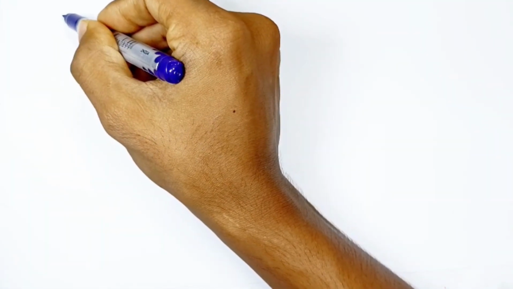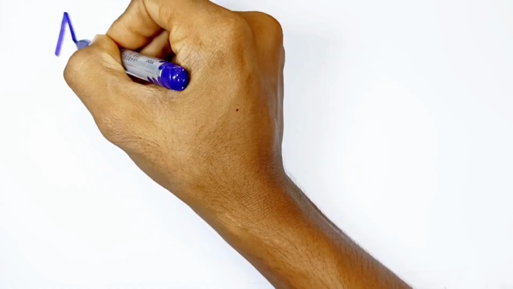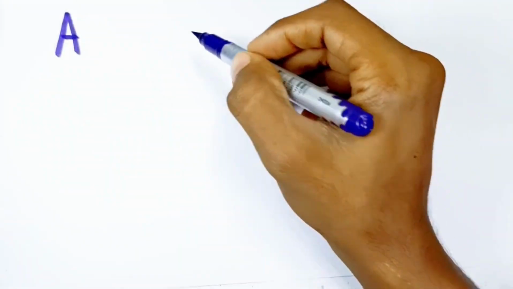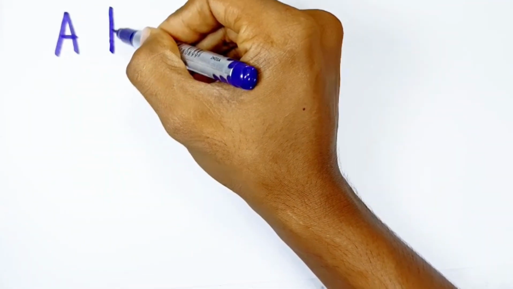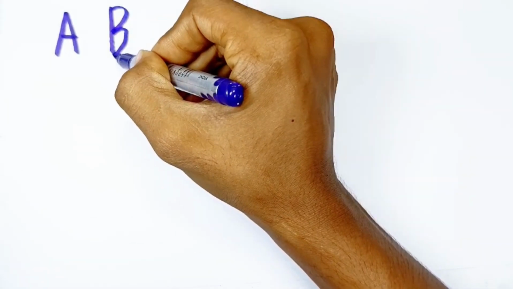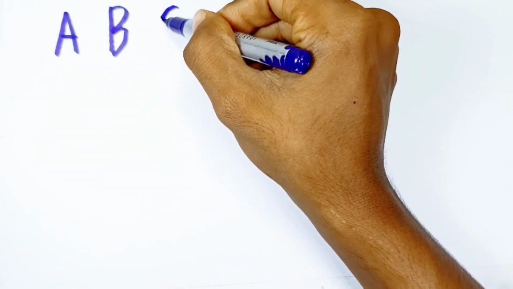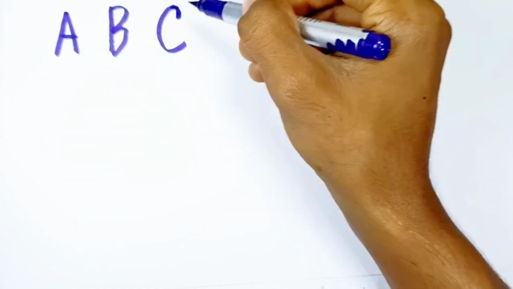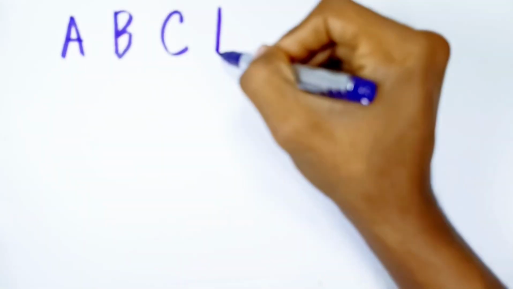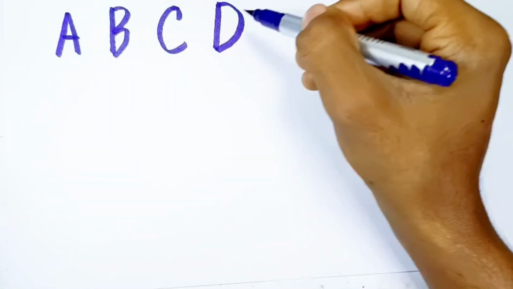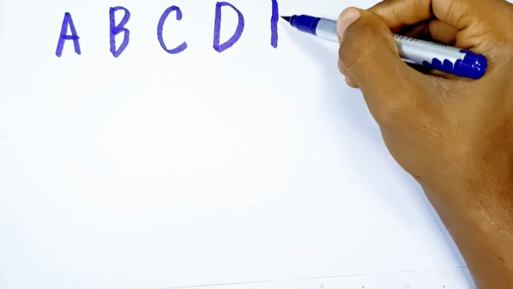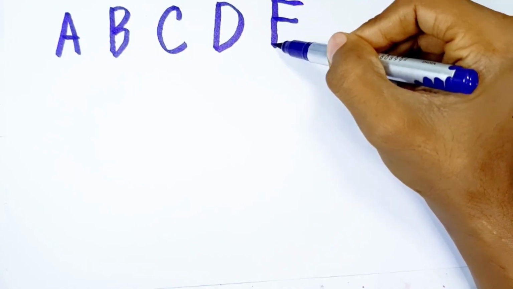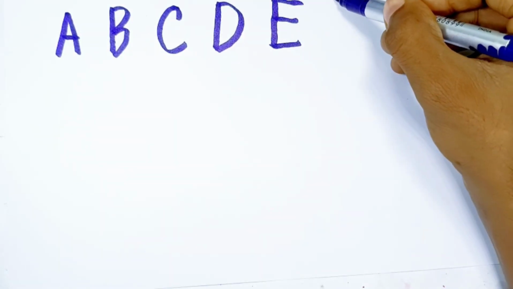color, light green color, sky blue color, and purple color. So okay, so now you draw A. A for apple, B for ball, C for cat, D for dog, E for elephant,